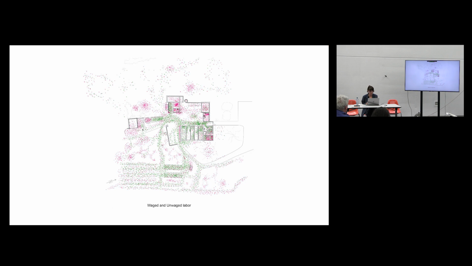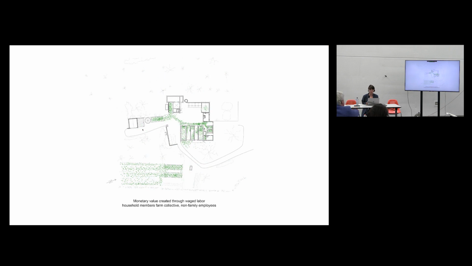So we have here an overview of all the work performed. And now I quickly want to go back to the wage labor, because what we see here, it's not clear what is done with this wage labor. And when we look a bit closer, we see that this is the part of the paid labor that is directed towards monetary value creation. That means what they sell, vegetables for selling. But there is a big part of work that is done that is not directed to the markets, and we can call it subsistence work.